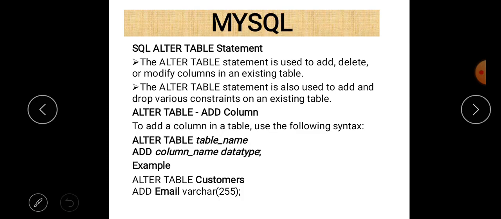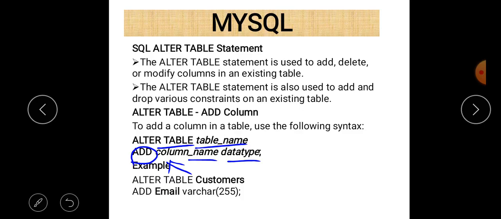And there are some other DDL statements such as create, alter, or drop. So using these three commands, we are able to change the structure of a particular table. And most of the commands fall in the category of DML. So if we want to add a column, then for that purpose add keyword is used with alter table. So concept is very simple. First of all, just write alter table and then table name, and then use add, and then column name, and then after that the data type.